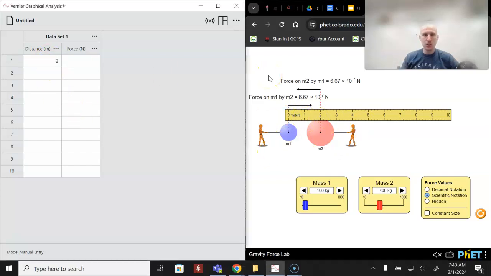So we'll just enter 2 as our first, and then our force here is 6.67 times 10 to the negative 7, meaning we move the decimal place to the left 7 spaces. So you can see that's what it would look like in decimal. Here's scientific. The way I want to type this into Vernier Graphical Analysis is the same thing, 6.67,